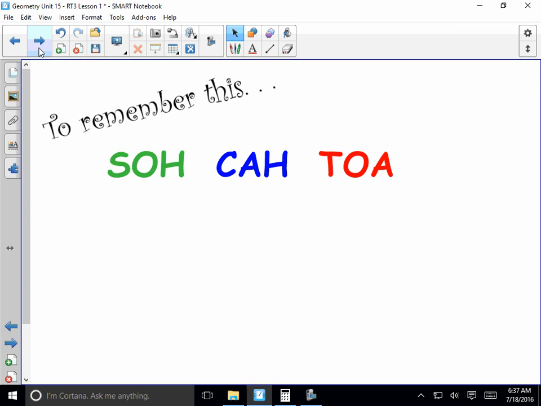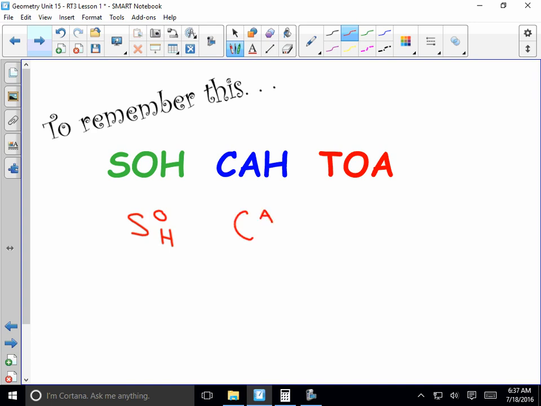And what you want to remember is this is the good mnemonic device, SOHCAHTOA. One thing you can do is some people write it straight across. Other people write it this way. So the S is big because that is the sine function. And then the O over H. And then the C, A over H. And the T, O over A. So you can write it either way. But SOHCAHTOA is probably one of the best mnemonic devices to remember the organization of the sine, cosine, and